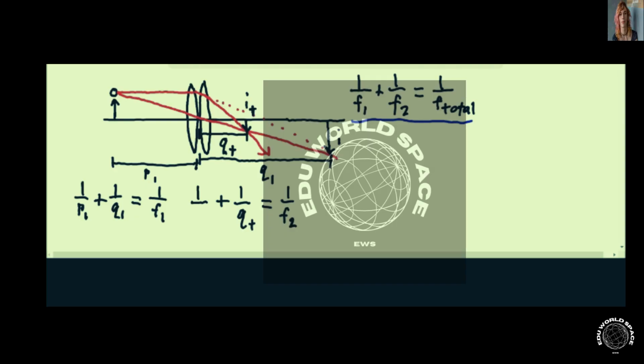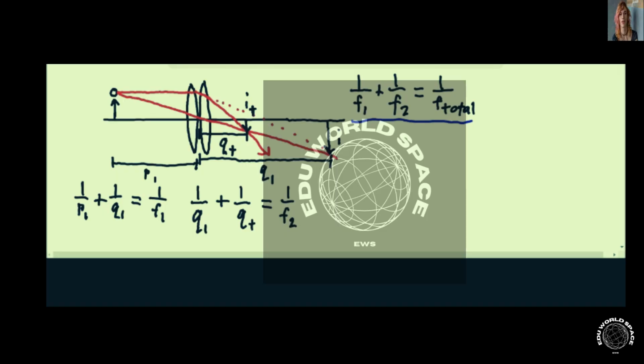So what do we put right here? Well, that's when we notice that we use the image formed from the first lens for this position. So let's go ahead and place that in right here, which is going to be